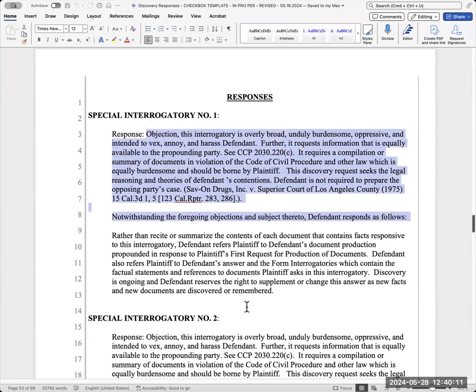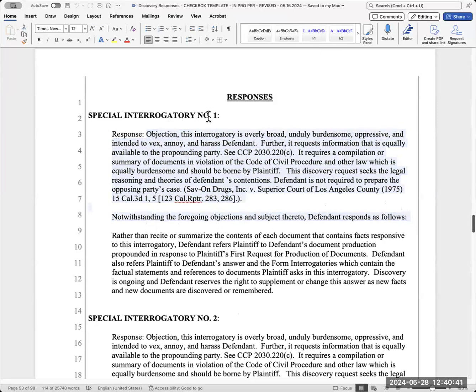You can leave in this paragraph, right? And this paragraph here, this last paragraph, remember, delete the objection, which is everything including here, because remember, it refers to the objection here. Remove this whole section, leave in this last paragraph for all the responses, make that the first paragraph of all the special interrogatory responses. And then this paragraph is basically saying,